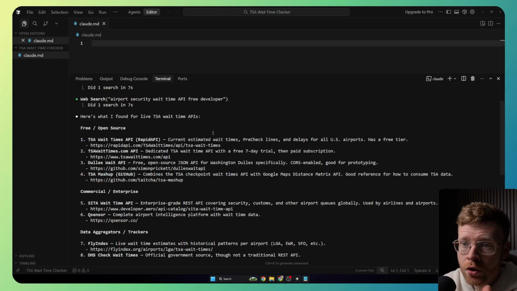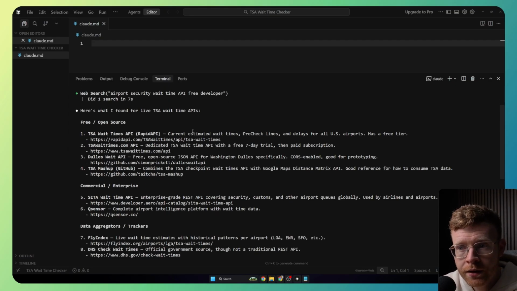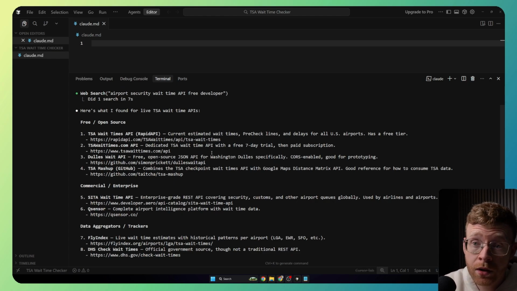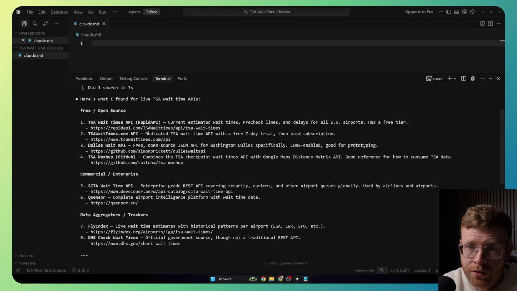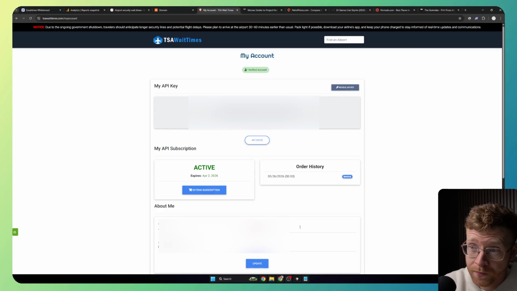You can see here, Claude Code has now come back with a few different APIs. You'll want to look through this and see which one makes sense, the pricing, and what sort of data they provide. But for this example, I'm going to be using the TSAWaitTimes.com API. I've already set up an account on their website, and here is my API key. So no matter what